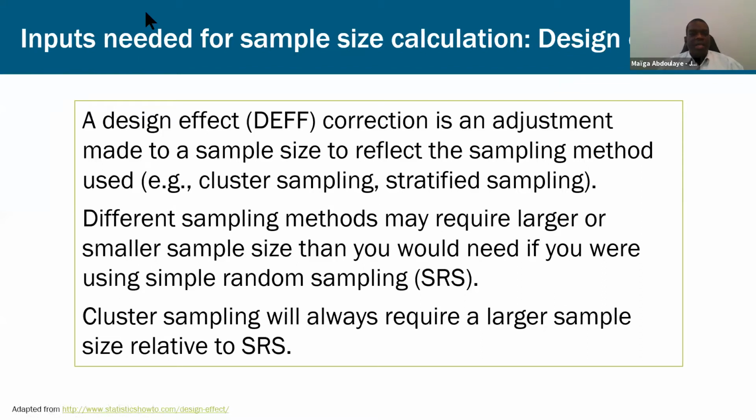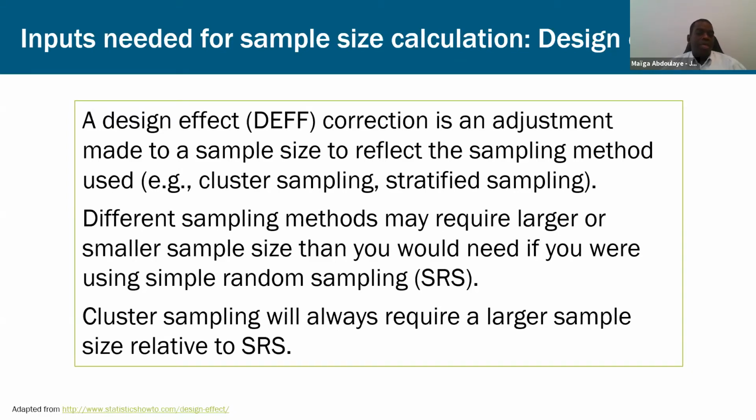The design effect is a correction factor, okay? We use it to adjust the sample size in order to reflect the sampling method. This is something commonly used for cluster sampling or stratified sampling. And different sampling methods may also require a larger or smaller sample size than you would need if we were using simple random